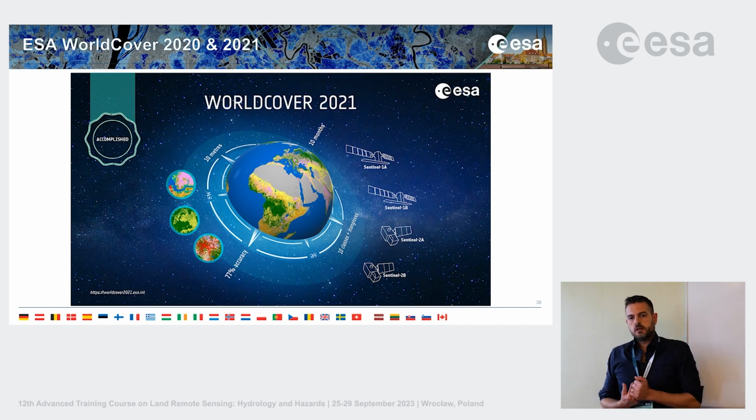Another one is this one. This is the Sentinel water mask. This algorithm was presented by Polish students in the ESA Land Training course 2017, and it won the Best Poster award in the optical remote sensing category. And this, together with the other radiometric indices, will help us to define the water